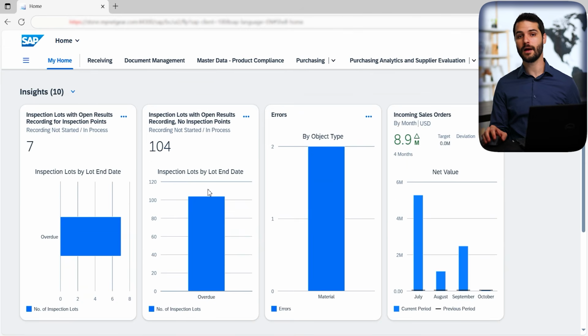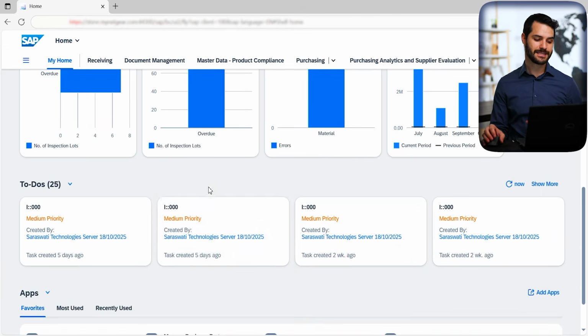Now, lower down from that, you can see we have a lot of additional things. We've got tiles for metrics and analytics. Down here, I have a to-do list. There are a lot of additional things that you can add to your dashboard. You would generally customize your dashboard to be most applicable for you as a user and the role that you have at your company. So if you know you're going to be dealing with accounts receivable, then you're going to